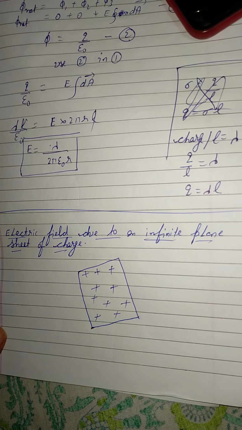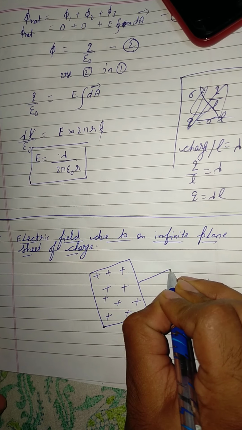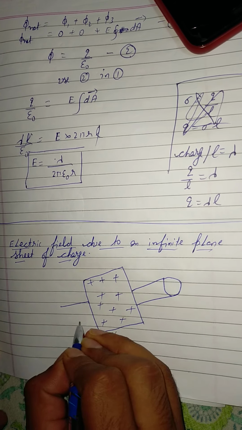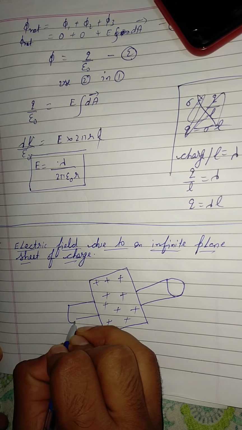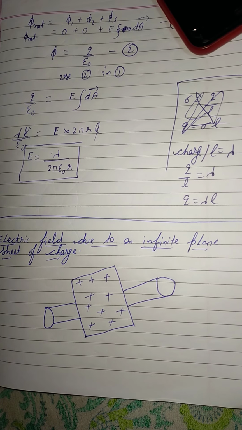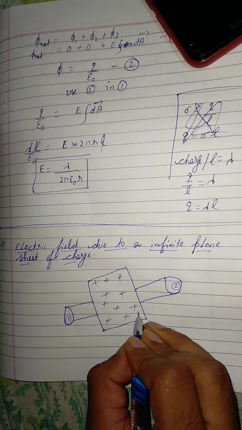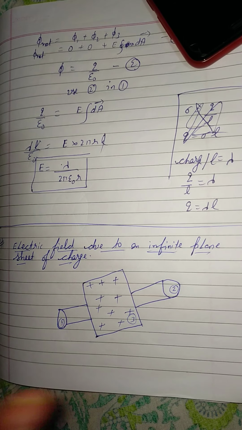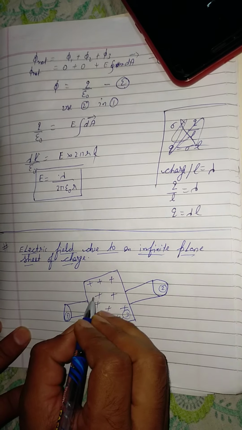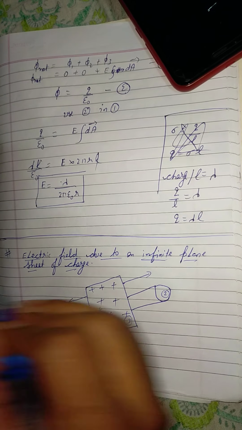So here on a plane sheet I will draw a cylinder, like this. This cylinder will be a closed surface. Now here three surfaces are there: surface 1, surface 2 and the third surface. Now up to here I hope you understood that the electric field lines move away from the positive charge, in this side direction.